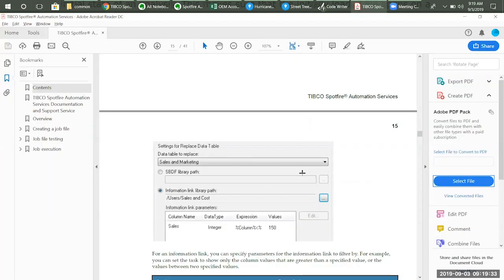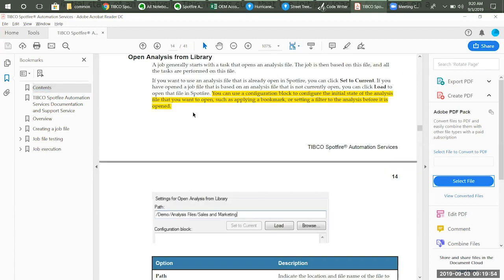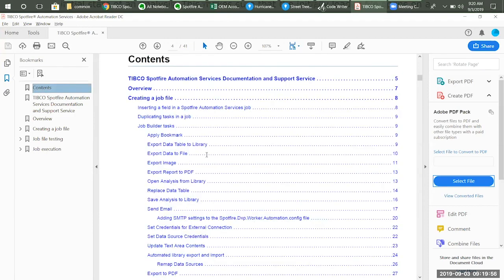But getting back to our example, I said that two tasks, basically the export data table to library and the replace data table, do a fantastic job at improving the response time for dashboards. So let's go to task 1. I'm going to go to my contents and look at export data table to library. Sorry, that is not the one. Export data table